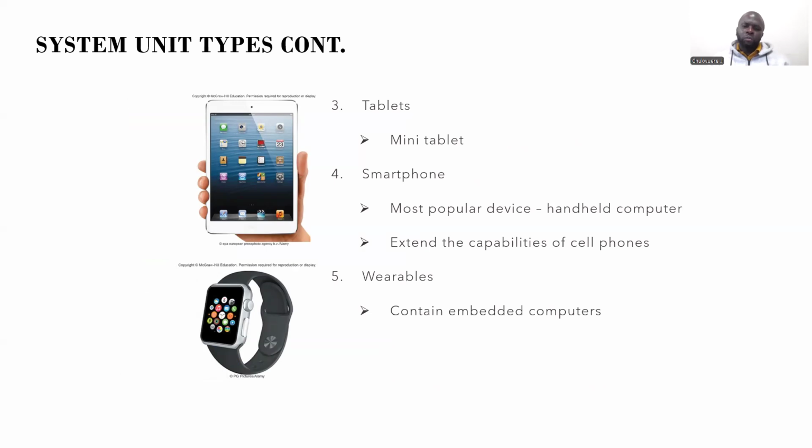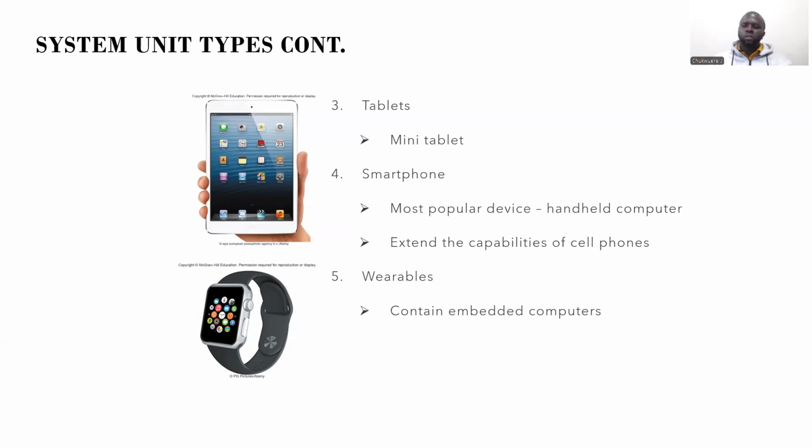Also, it comes in the form of a tablet, which is a mini tablet, as you can see on the screen. And also it has your smartphone, the most popular device, a handheld computer, right? Extend the capacity of a normal cell phone. So the difference between your normal cell phone and